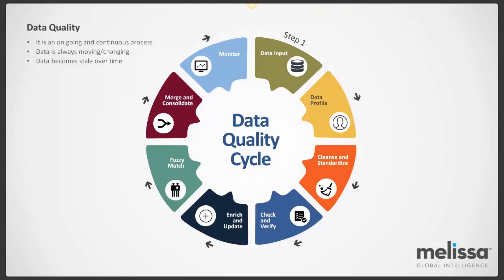Profiling, quite simply, means that you're able to gather metadata, which is information about your data, and that allows you to learn more about what the problems are, how many gaps or holes you have in your database, how many are invalid, how many are valid. So profiling lets you know right off the bat what the problems are, and that's actually the first thing you want to do before you actually cleanse and standardize. So cleansing and standardization comes in right after you know what the problems are. And this is important because you're not going to know what to cleanse if you don't know what the problems are in the first place. So know the problem, and then you clean, and then you standardize,